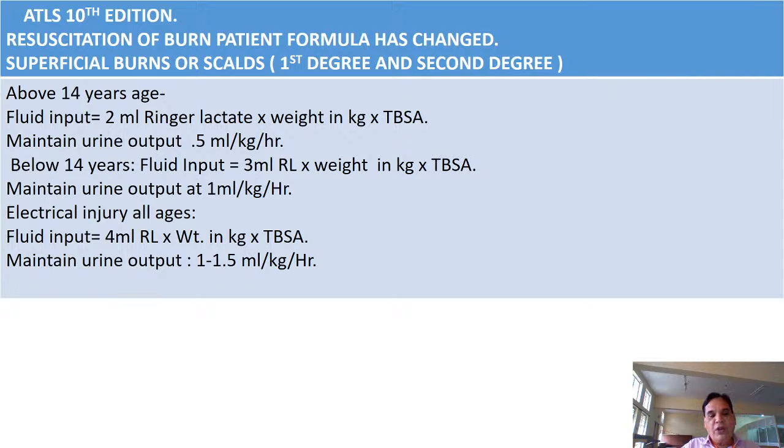Here we are giving 4 ml of Ringer lactate, and you have to have urine output in the range of 1 to 1.5 ml per kg per hour. That means almost normal output is expected. Why have all these things come? Because what has happened? There is an over-enthusiastic management by giving IV fluid to burn patients, and that has led